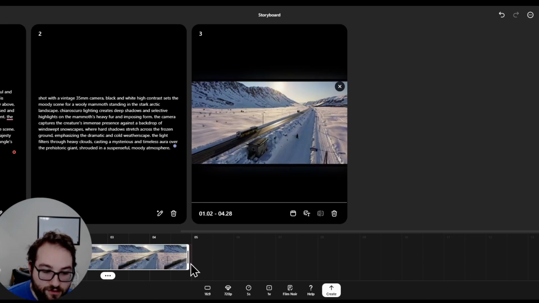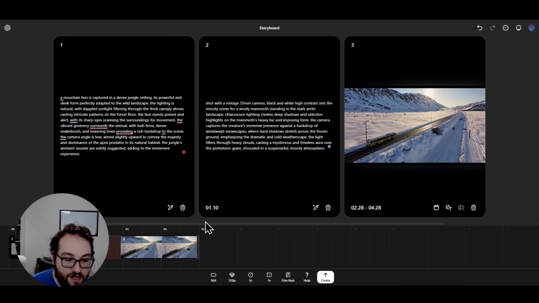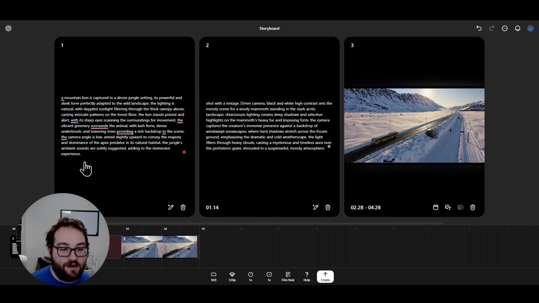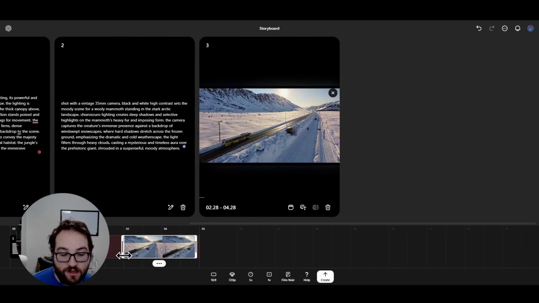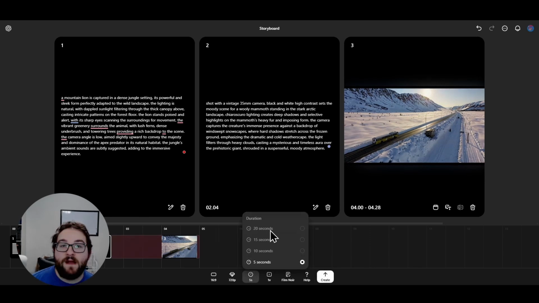So now what I can do is trim this, put this over here because I want this to be my last shot. I can drag it on the timeline, and now the mountain lion's going to appear right at the start. And then 1 second in, it's going to transition to the woolly mammoth, and then 2 seconds it'll transition into the train. So let's shorten this a little bit to give the woolly mammoth and the mountain lion a little more time. And now, unfortunately, it can only create a 5-second video. I'm sure storyboarding will work a lot better with a longer duration, but I'm not paying $200 a month just